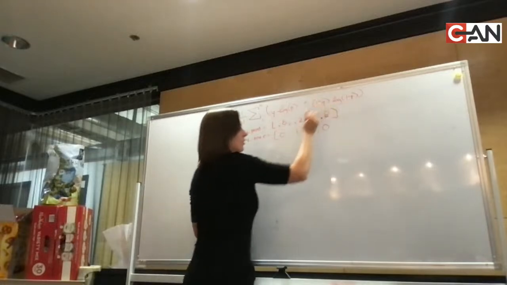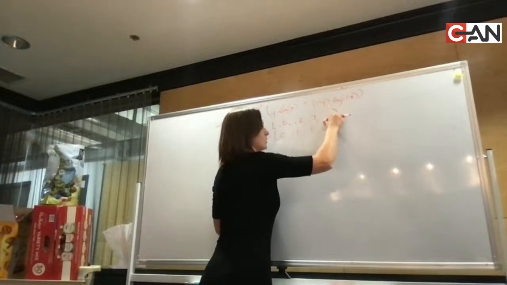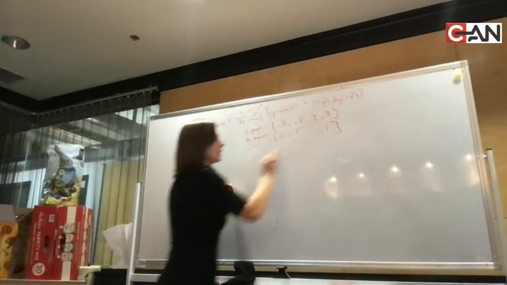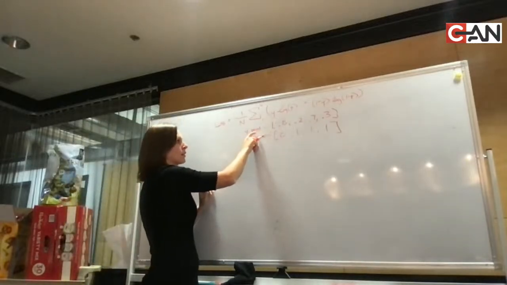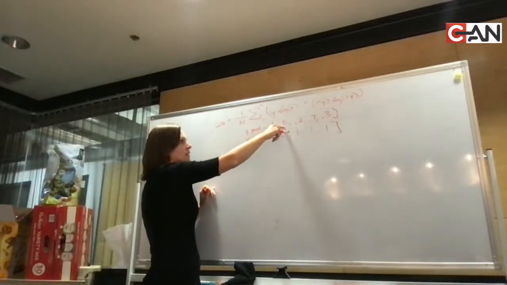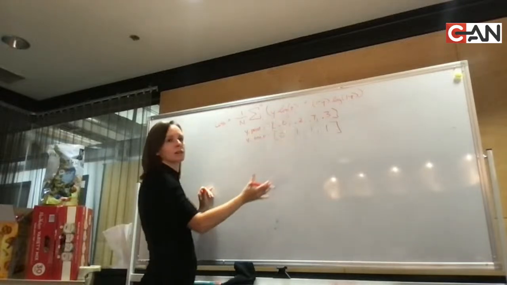Let's do that. So in this scenario, we predicted 0.8, which, assuming a threshold of 0.5,